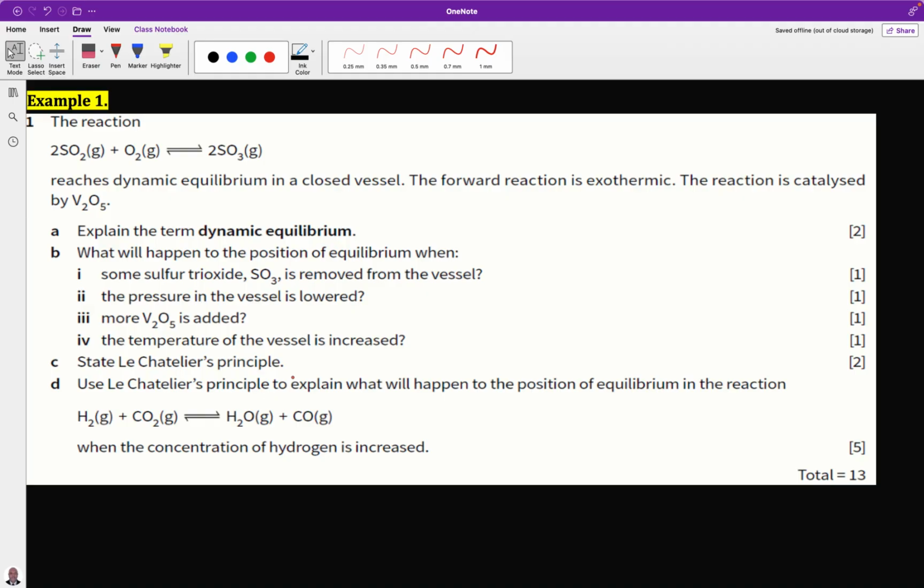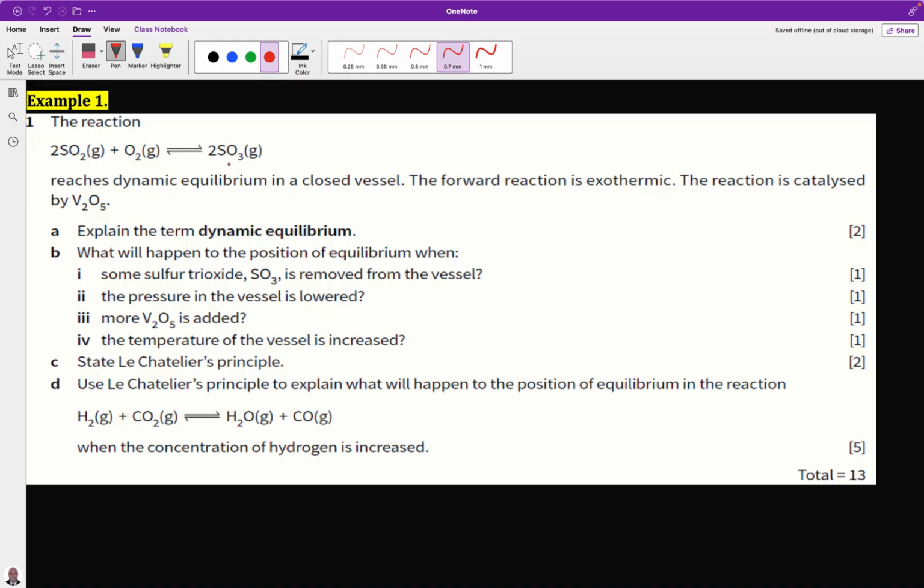What will happen to the position of the equilibrium when 1. some sulfur trioxide is removed from the vessel? Of course, this is an exothermic reaction. What will happen to the position of the equilibrium? According to Le Chatelier's principle, what will happen if some sulfur trioxide is removed from the vessel? Remember, this is an exothermic reaction. Removing sulfur trioxide